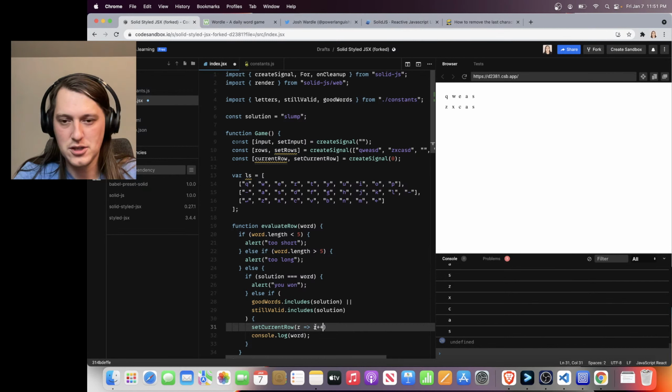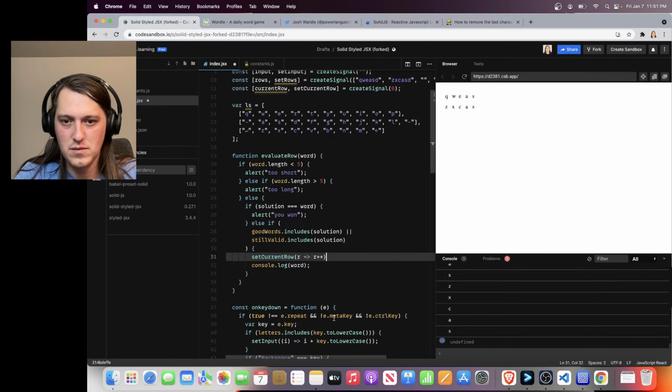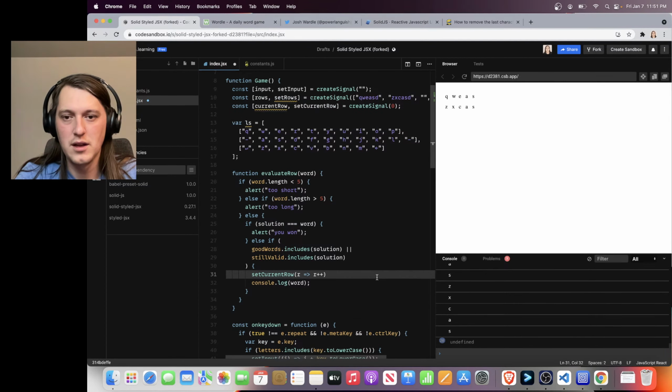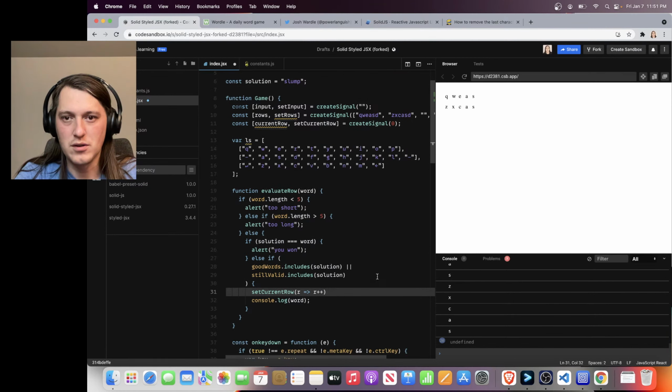Okay, is it like a function again? Did it here and it was working. Okay, so current row is going to be higher, and whatever was the